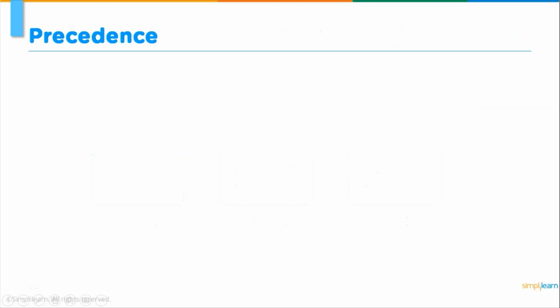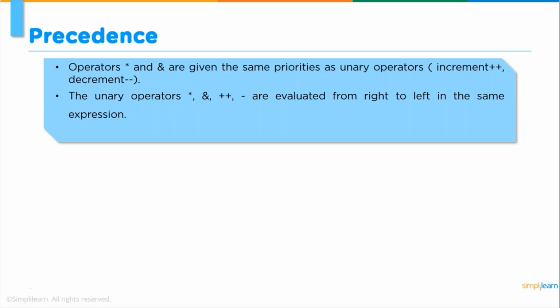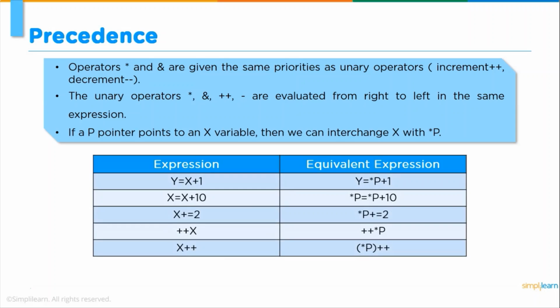Let's talk about precedence of these operators. Operators asterisk and ampersand have the same priority as the unary operators increment and decrement. These operators are evaluated from right to left. Let's understand this concept with an example. Suppose a pointer p points to a variable x, then we can swap x with pointer p in that